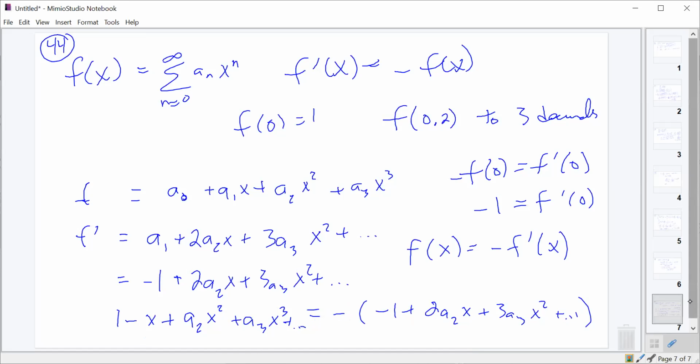And from there, we should be able to figure out what our values of a sub 2 and a sub 3 and a sub 4 and a sub 5 and everything going on towards infinity are, because we've now got 2 a sub 2x here, and we've got a sub 2x squared here. And just based on all of this, f prime of x equals negative f of x, that tells us that negative 2 a sub 2